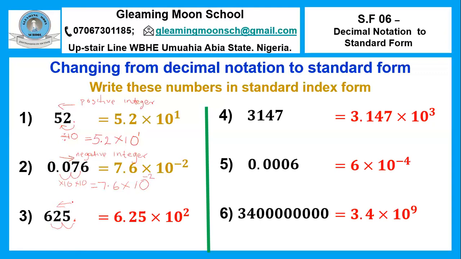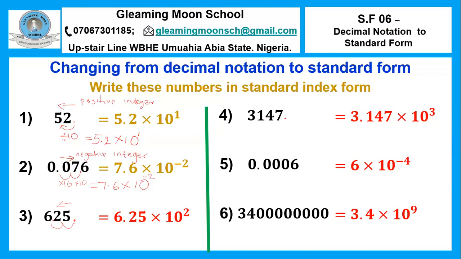And because we've moved it 2 times to the left, it becomes 6.25 times 10 raised to the power of 2. Remember, when you move to the left, your power is a positive integer. Okay. For number 4, we have